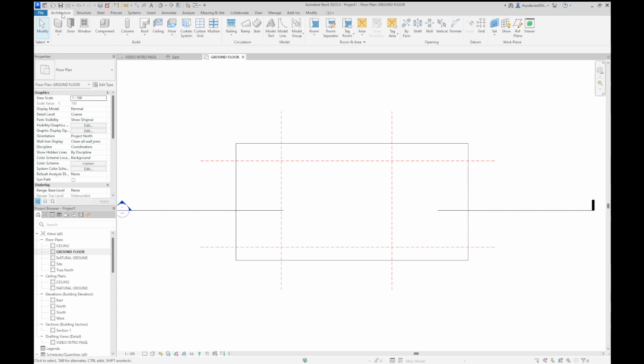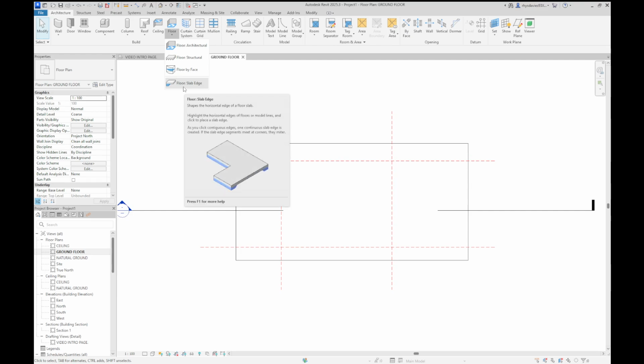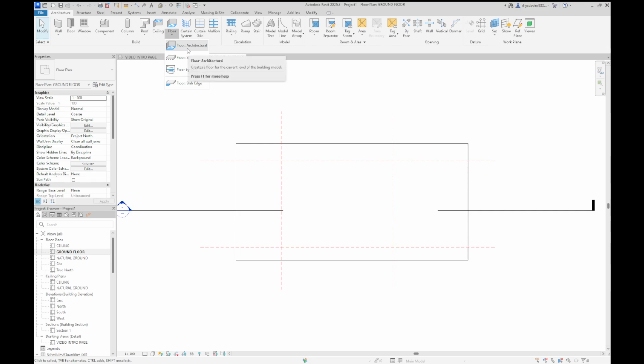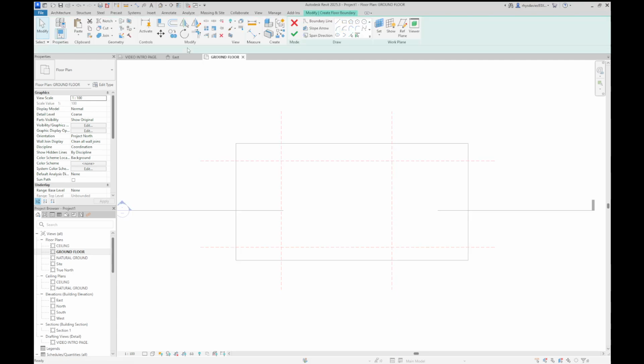So architecture. We go to the floor command here. And if we click on the down arrow, you'll see that there's actually quite a few options for us. We're just going to do something really simple and use the floor architectural tool. It's just going to let us draw a floor purely for visual appearance. So I'm just going to left click that,